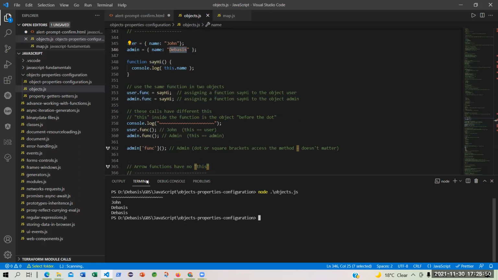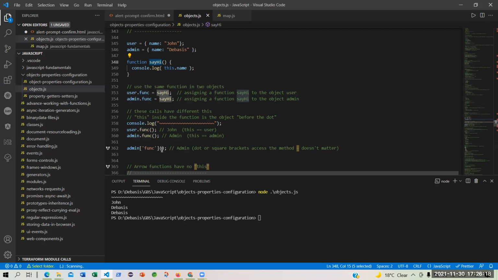And this way also you can call a function, that particular property. This is just the key. But fortunately, that key is now a function by the name say hi, because say hi has been assigned. Can you see the beauty of JavaScript? So many ways you can do it.